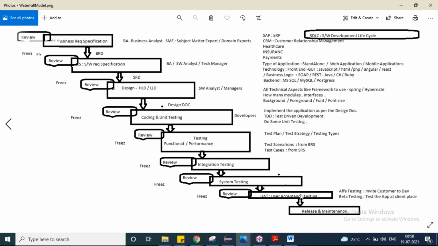And to avoid all those challenges, we went to another model called the V model, right? Tomorrow when we are joining, I'll talk about the V model, and then we'll go to the software testing life cycle. On top of this, if you guys have any questions, please feel free to ask me, right? Initially, as I'm talking about manual testing, I definitely have to give you some theoretical things, because for manual testing, you have to understand the software development life cycle and all these things.